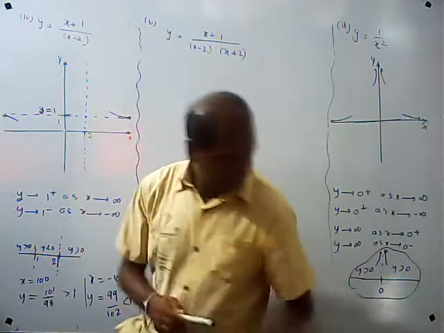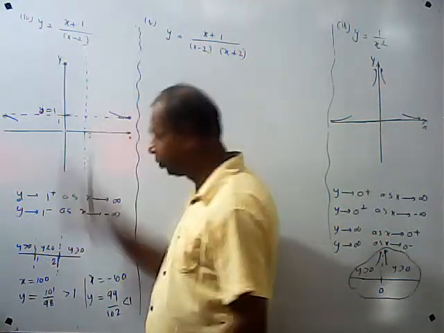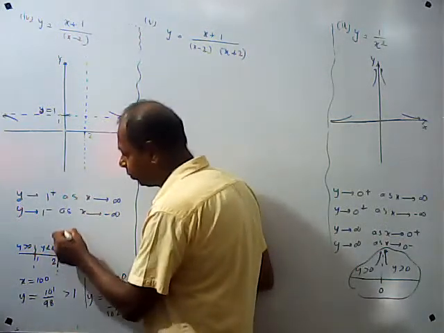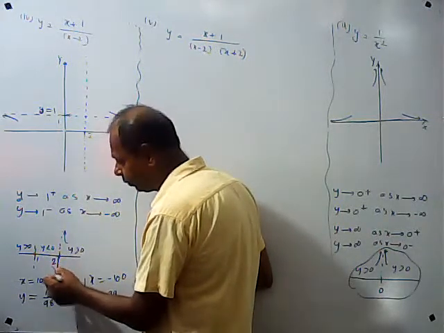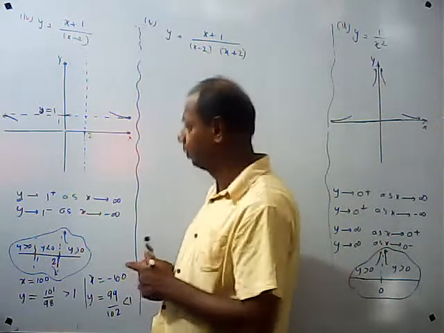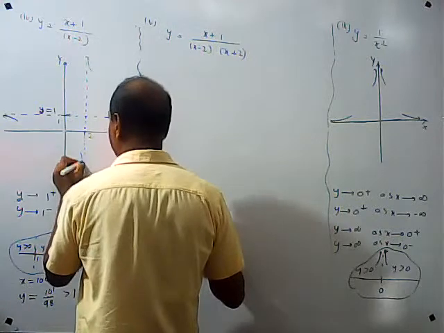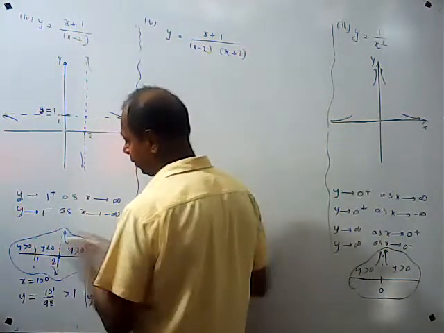So, to get closer to 2 from the right side, since y is positive, we will go to positive infinity. Here y is negative, it will go to negative infinity. So it will go to positive infinity and negative infinity. So you will write it as